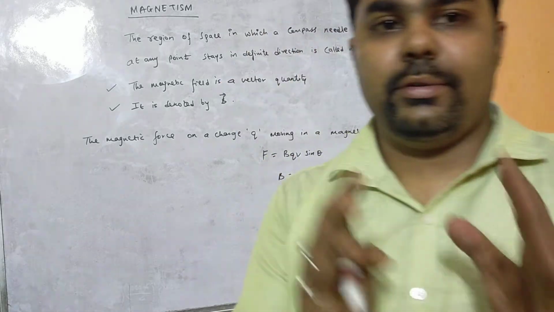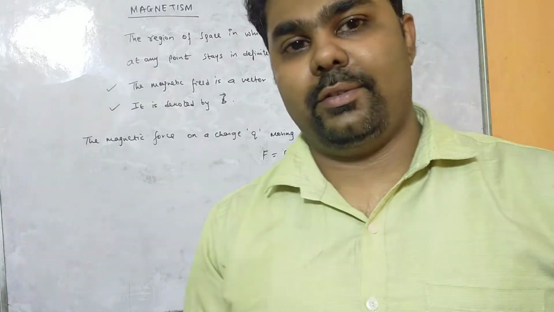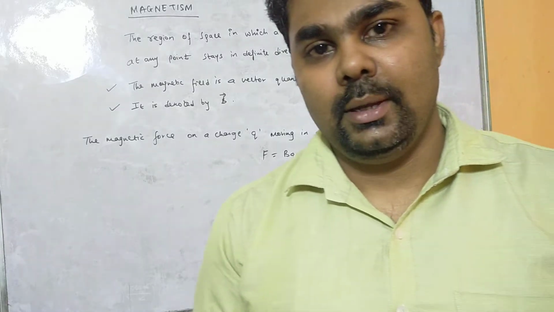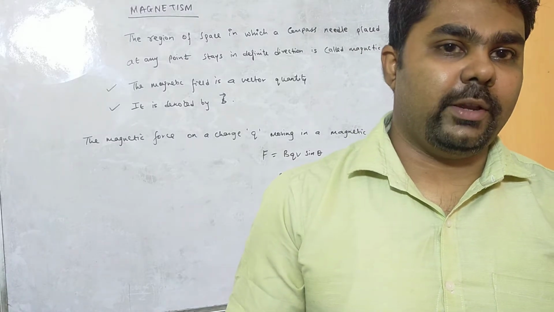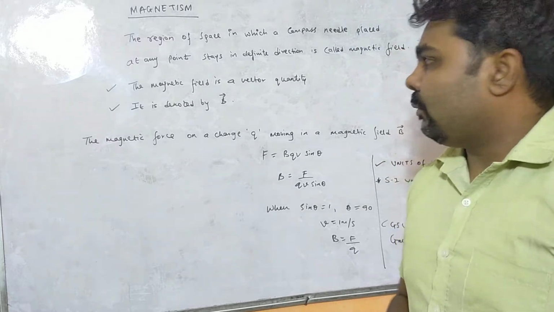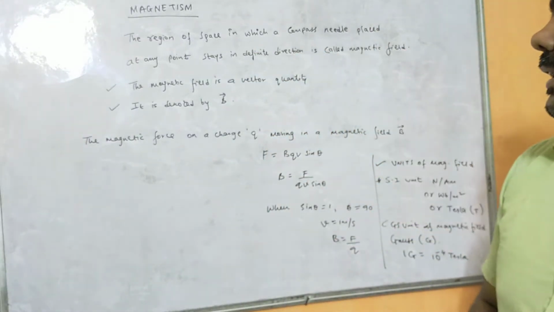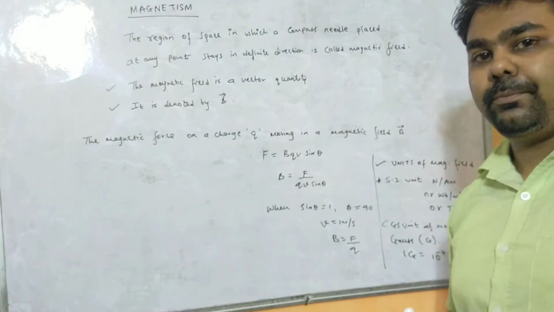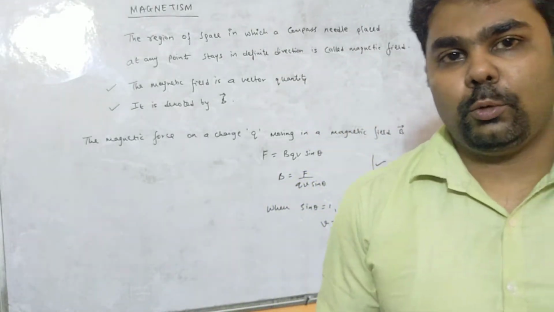I am starting from the very basics so that you can have a hold on this chapter. It's scoring also, and in some cases it becomes complex, but if you are very attentive and go through the topics very nicely, this chapter is very scoring. Okay, so magnetism. What is magnetism? You see, the region of space in which a compass needle placed at any point stays in a definite direction is called magnetic field. This is the other definition of magnetic field. The first definition which I have told you,